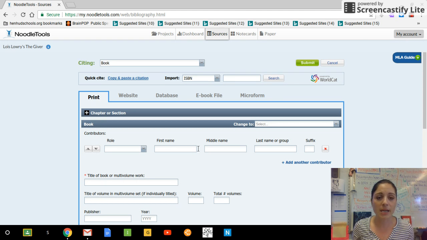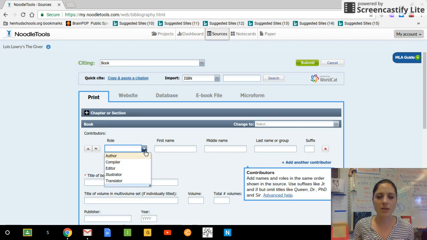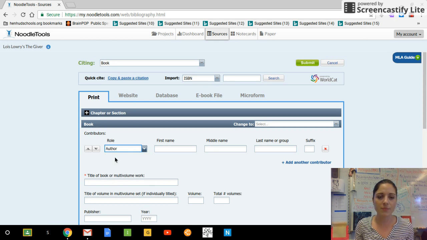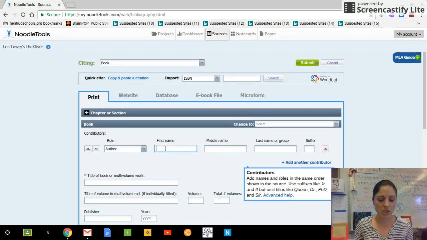Today, we're going to be citing a book, as we mentioned. So the first thing we do is come down here next to name in terms of contributors. You click this pull-down menu, and there's a couple of different options. There's author, compiler, editor, illustrator. So if you're dealing with like a newspaper or a magazine, you might have to cite an editor rather than an author. But for today, we're going to click on author, and we're going to input the information, making sure